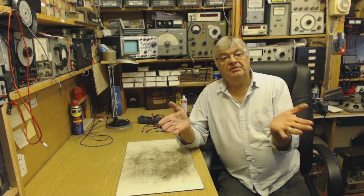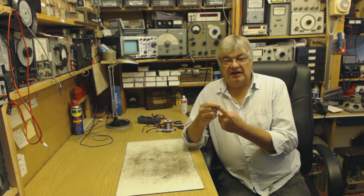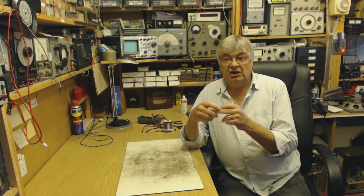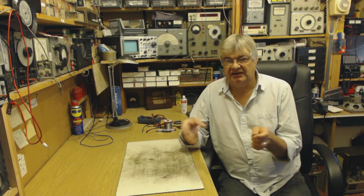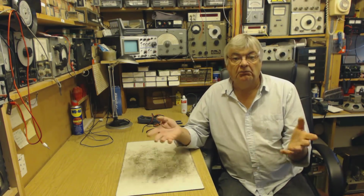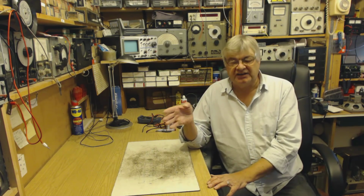So you can see a combination of an RF choke, which will block RF signals, and a capacitor, which shorts out RF signals. I'm putting this very basically. I don't want to go into in-depth mathematics, mainly because I don't understand it. We don't want to get bogged down with too much